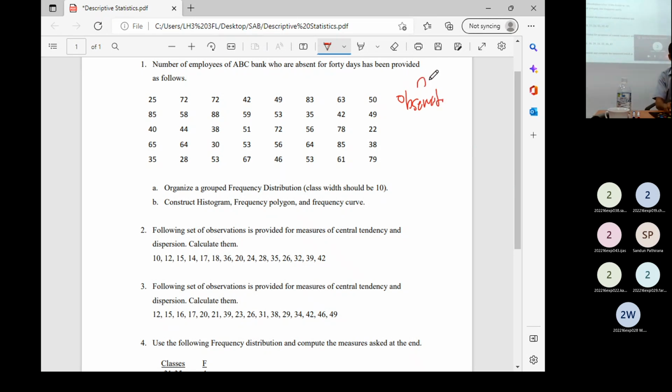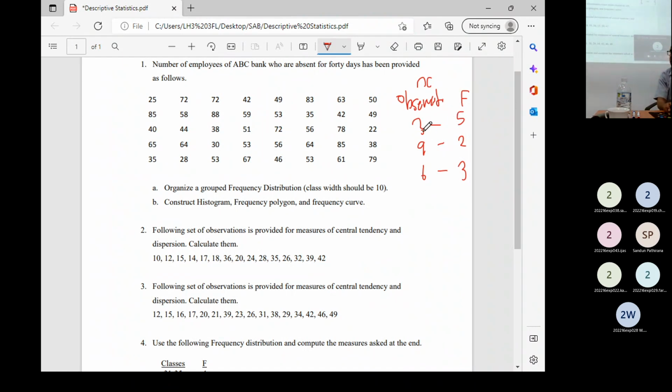Or otherwise you can use X and frequency F. Right, in this example I write 3, 5 times. Next 9, 2 times. Then 6, 3 times. Like that you can say. This is ungrouped because it is just observation with frequency. Otherwise you can use 3, 6, 9, no problem.